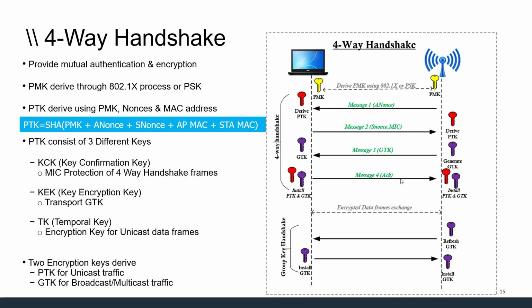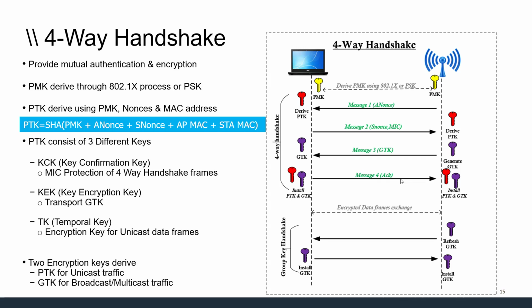So message 4 is like a confirmation or acknowledgement message, but again message 4 will be protected using the message integrity code. So once message 4 is gone, both sides are ready for traffic encryption, and you can encrypt data frames. This GTK will be periodically refreshed, so in that way everyone in the cell gets a periodic update. Sometimes you will see message 5 and message 6 as two separate frames to update these messages. That means the AP will be periodically sending the refreshed GTK to all the clients. So that's what we call a four-way handshake.